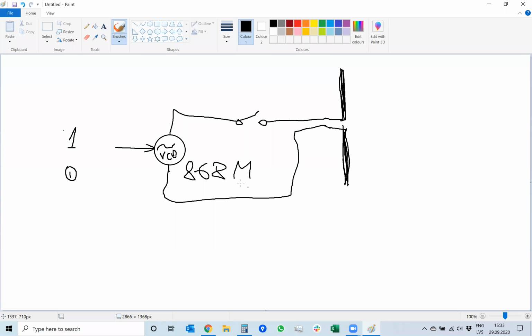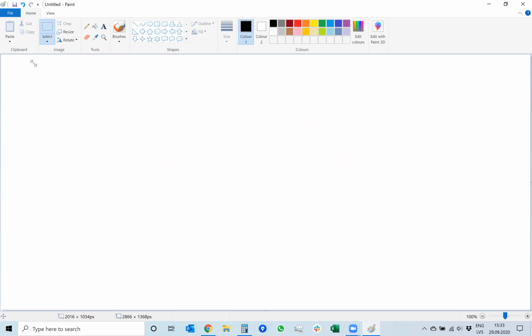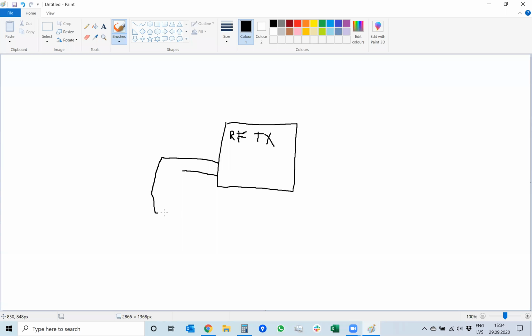So actually, in reality, the contents of the transmitter are the following. You have a transmitter, TX, and it actually doesn't really have an 868 megahertz input, but it has a connection for an external lower frequency crystal,